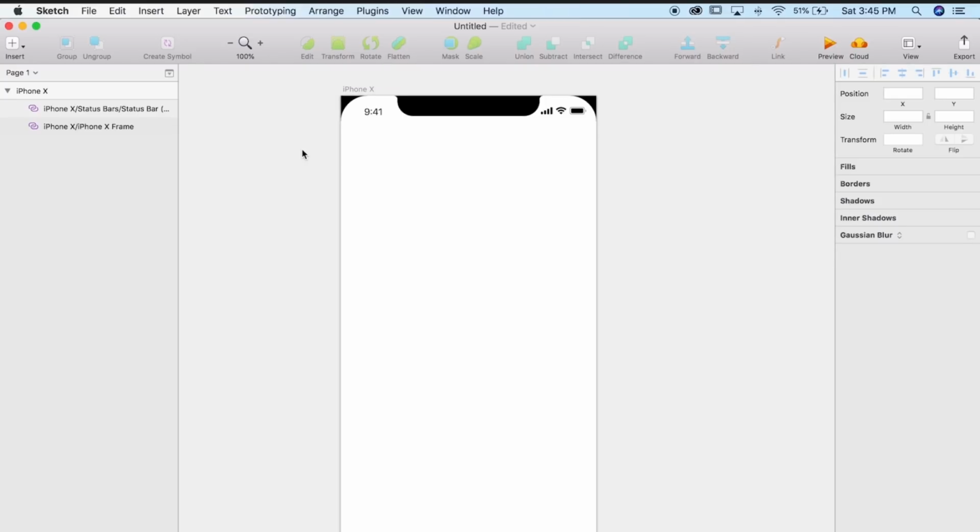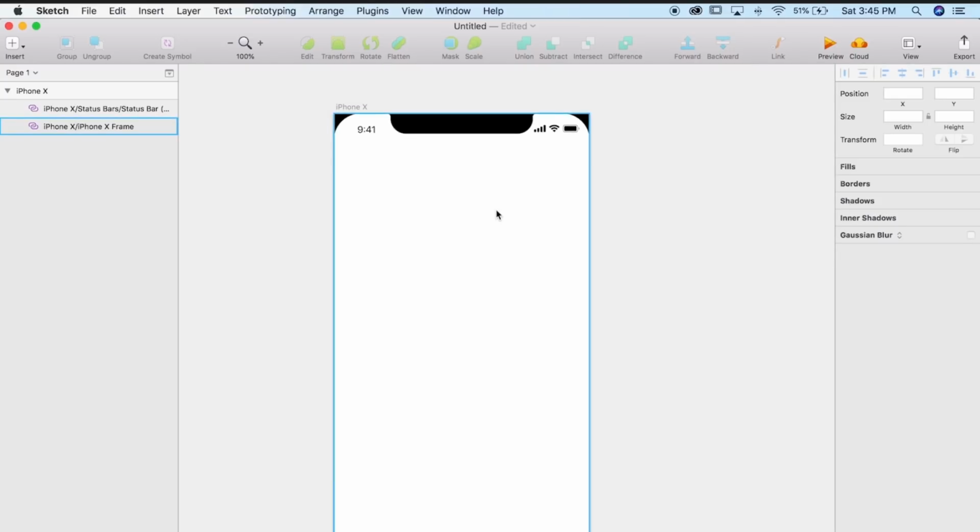So I believe in the intro I said that we were going to design an app. I think I misspoke. We're actually just going to design a mobile e-commerce website. So in that case, we need to have like a search bar up here so that it actually appears as if we were on Safari and we opened up this website. So we want to account for that space.